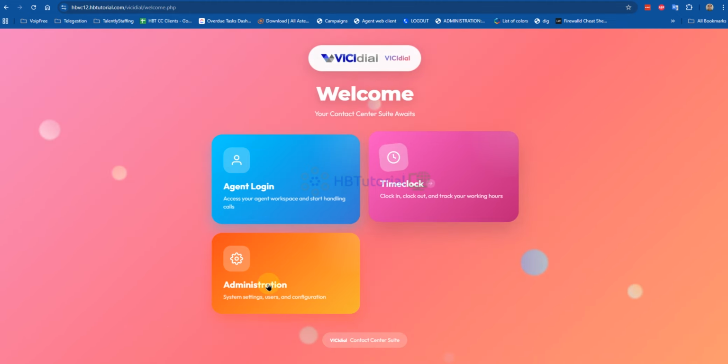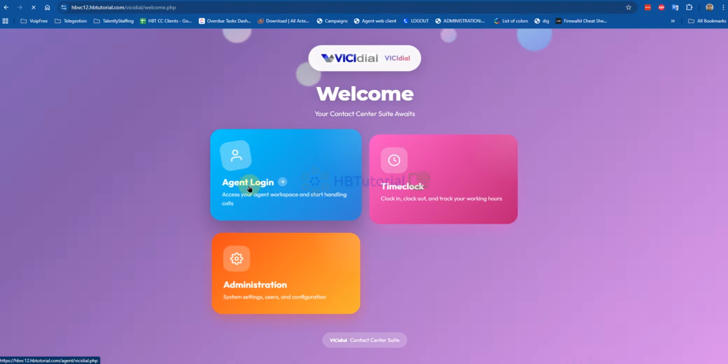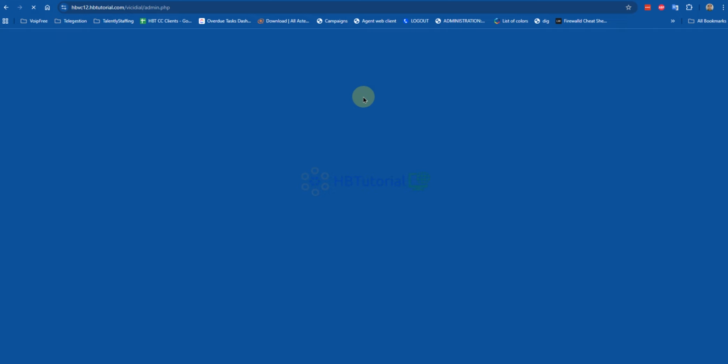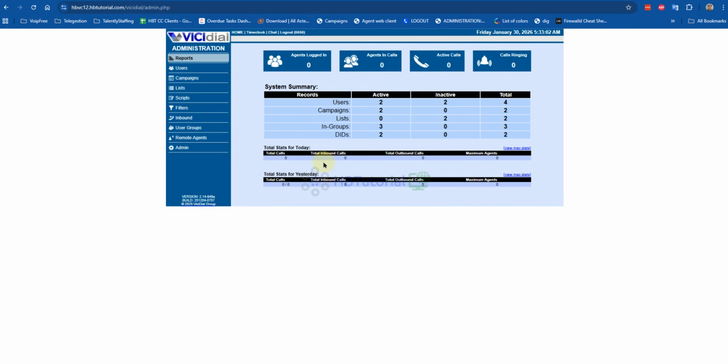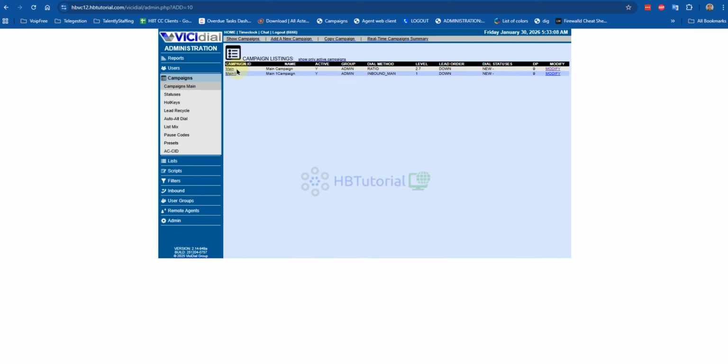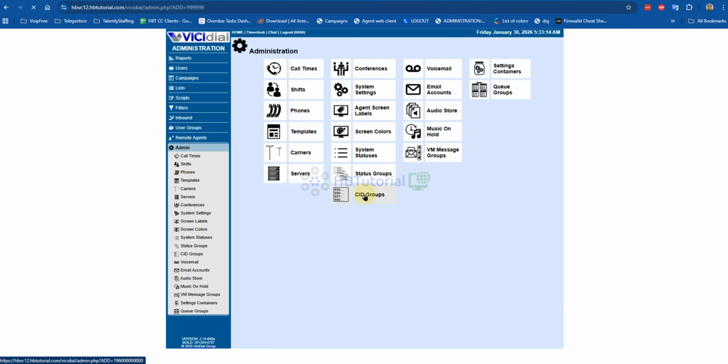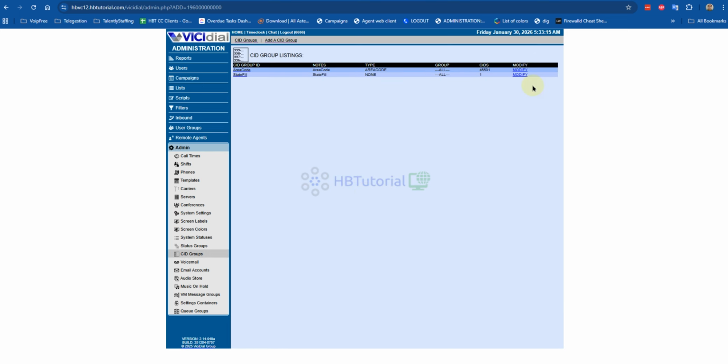Okay, so you can log into your admin. Okay, so this is our campaign, and then for the CID group, you need to go here. This is the CID group. As you can see here, we have area code and state field base.